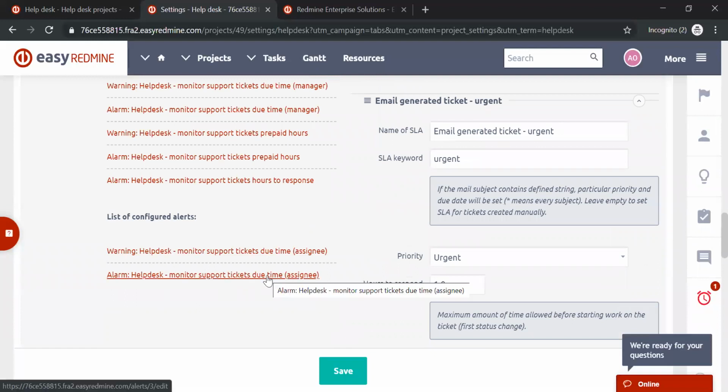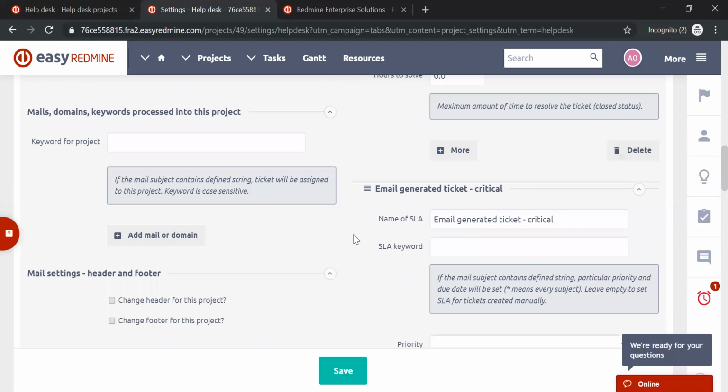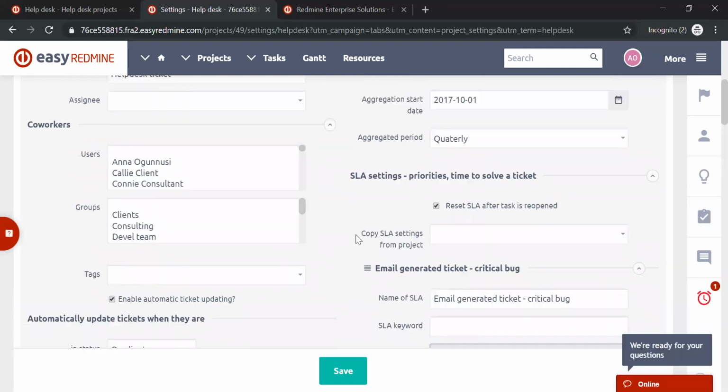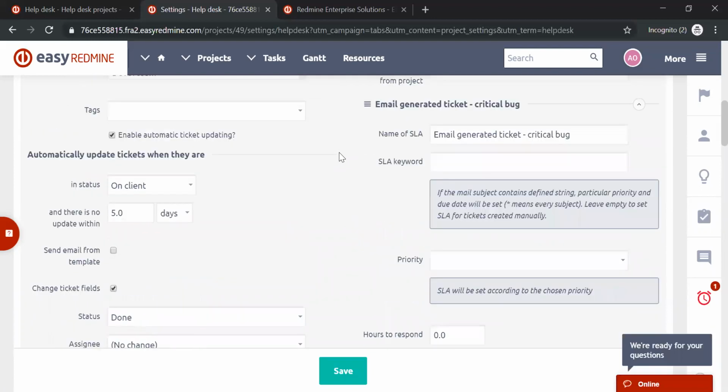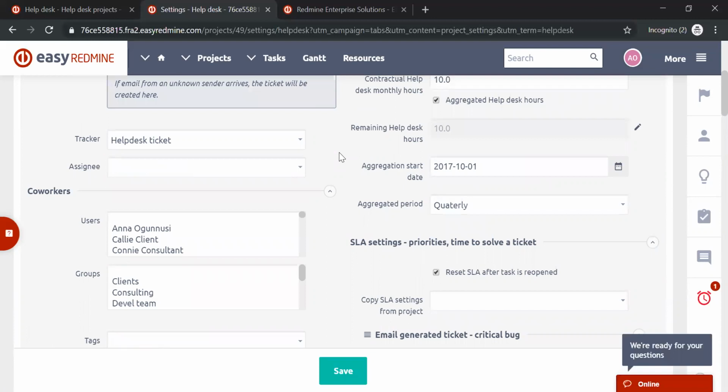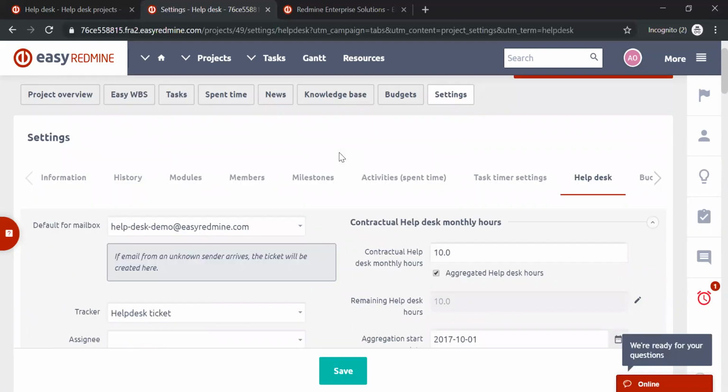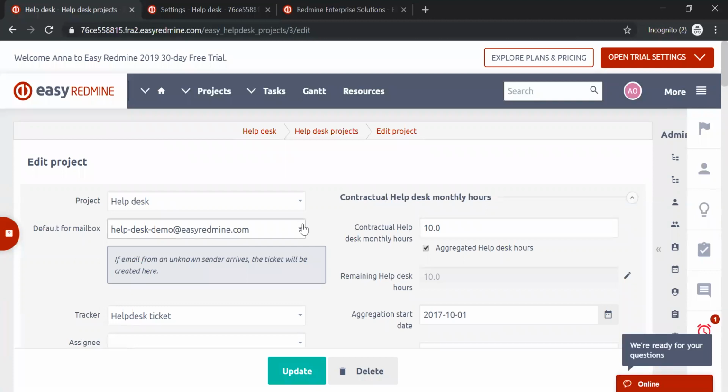So this would really be the settings. I will show you later where you can get back to the settings to remind yourself of each attribute, what it means, how to set it up, and what it means if you leave it ticked, filled, unfilled, etc. Right now, because we are already half an hour into the webinar, I would like to move on to ticket processing. So after you are done with these settings, whether you are doing it directly in the project or in the help desk,